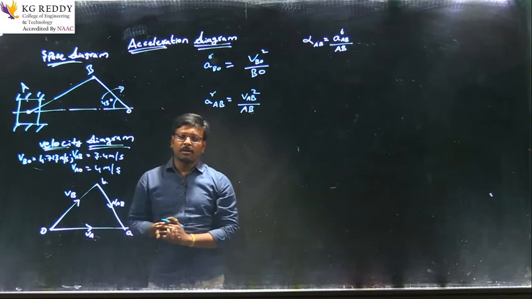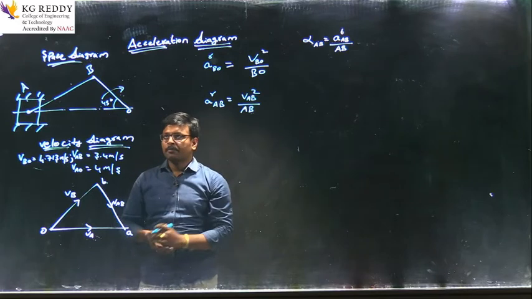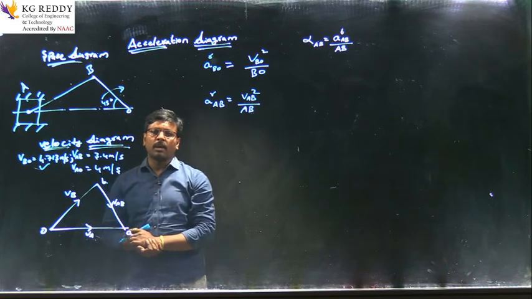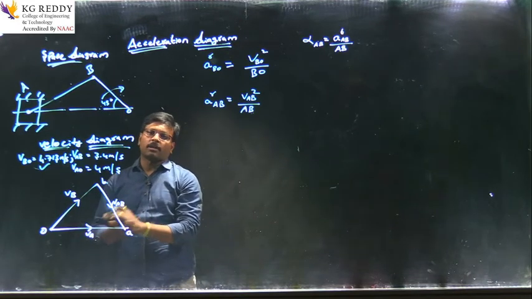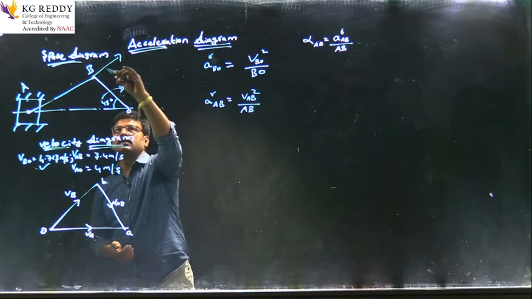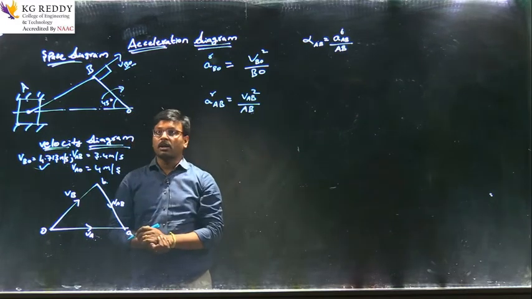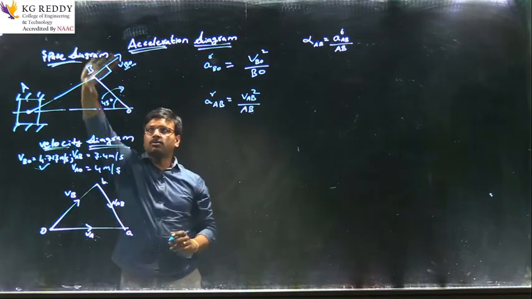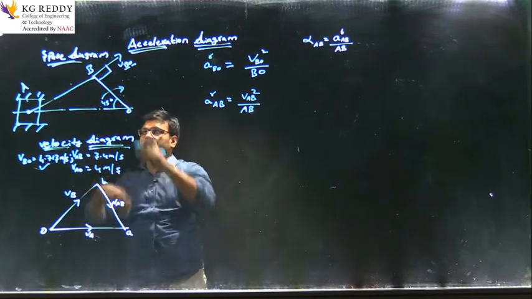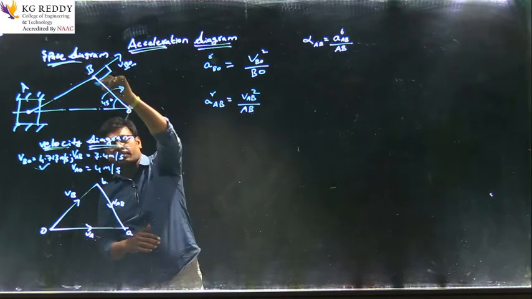So again, I will just repeat, as a recall, how to draw a velocity diagram. Using these values we have to take a scale, and then we can go for the velocity diagram. The velocities are perpendicular to the link. Velocity of B with respect to O is perpendicular to the link. This is the link, so we have to take it like this. This is the diagram. In the same way, the velocity of A with respect to B is also perpendicular.